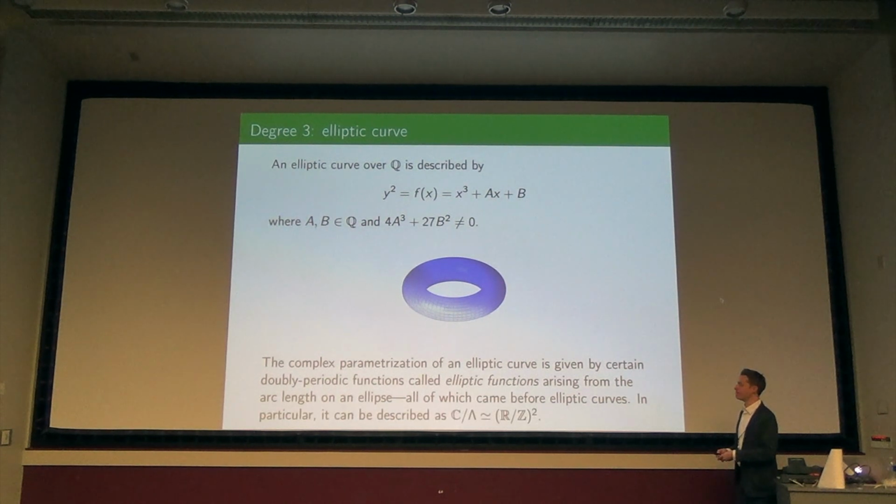Okay. For those of you who are analytically inclined, I do encourage you to think about elliptic curves as being the quotient of the complex plane by a lattice lambda, or as R mod Z squared. You're supposed to see a circle going around this way, a circle going around this way, and topologically it's the product of those two things. So it's about the simplest kind of object that you could work with, and it really has a lot of nice structure. I'm going to be interested in the arithmetic, but I hope I've already convinced you that somehow number theory needs all of these ingredients to understand the set of solutions. So in particular, we want to keep track of that.